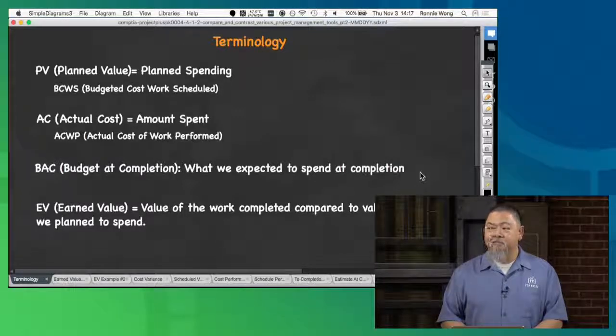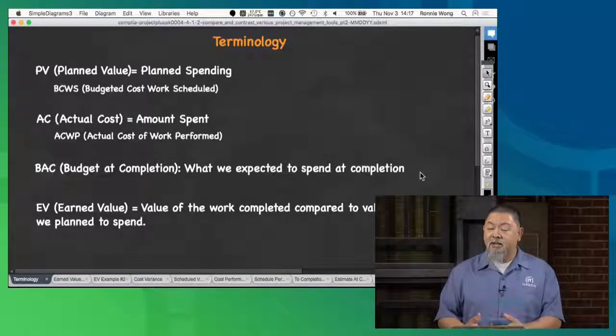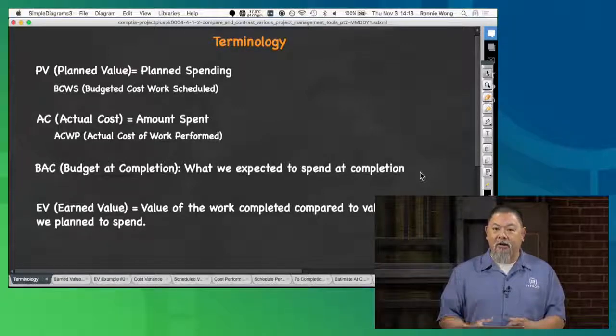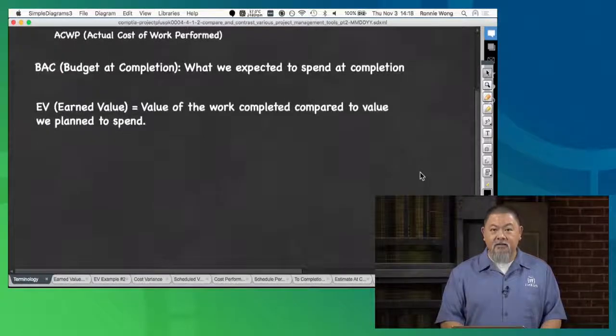So would you use PV to define smaller components of that project? Yes, you can. You can say this is how much we plan to spend at each stage, and that way you know about how much you can budget at each stage to help you out as well, okay? So it really does help with these components, but I know it's kind of weird, but you need those three elements, okay? You absolutely need those three elements, and the reason why is because normally